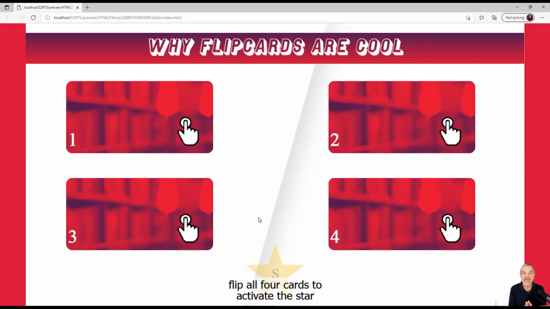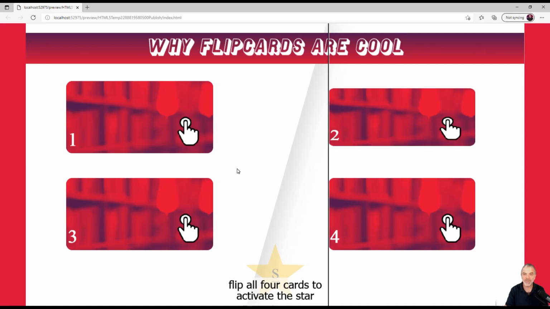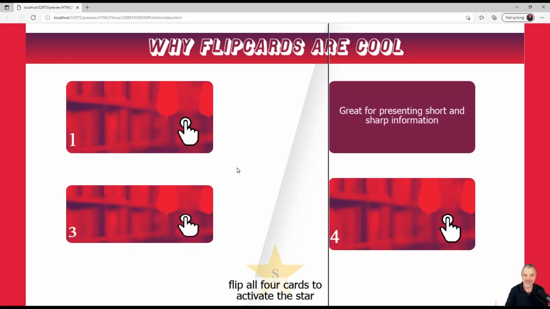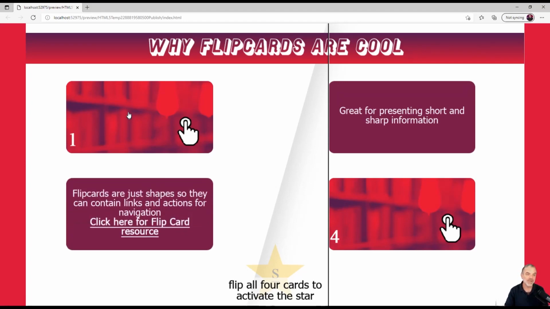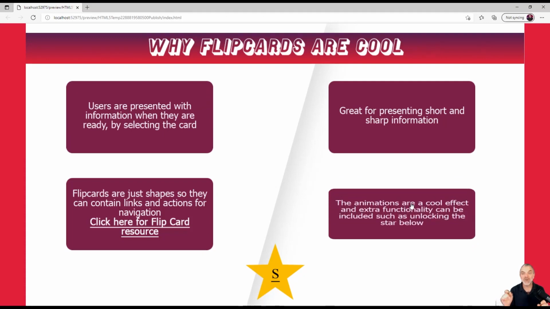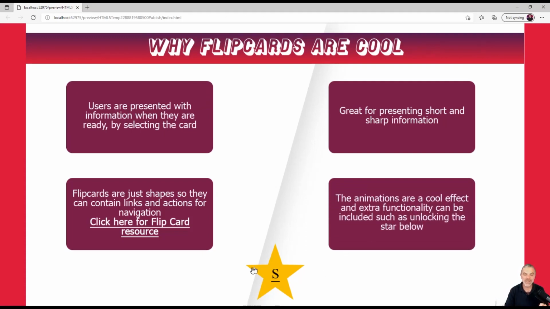The star button will become available once all the flip cards have been flipped, and the flip cards in our example can be flipped in any order. So for example, if I hit the letter 2 on the keyboard, that'll flip over number 2. I can hit the number 3, or I can click on the number 1, or I can click on the number 4. As soon as I've clicked on all 4 flip cards, you'll now notice that the star has become